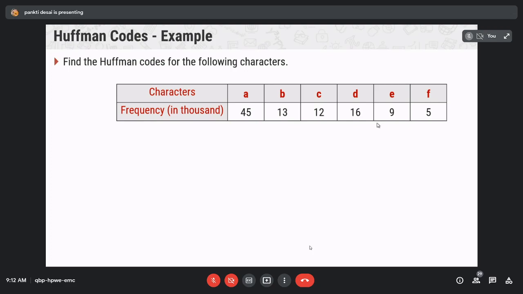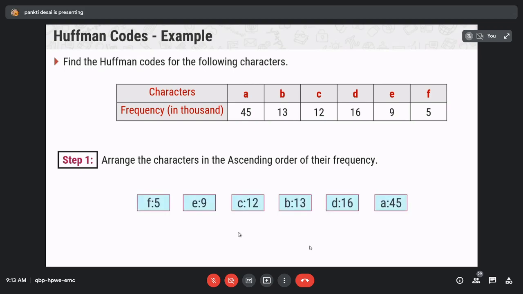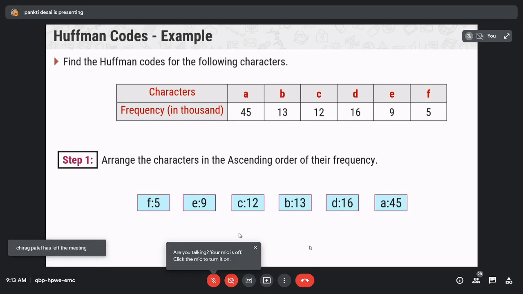Hence we will arrange the given symbols along with their frequencies. So the first step is to arrange the characters in the ascending order of their frequencies.